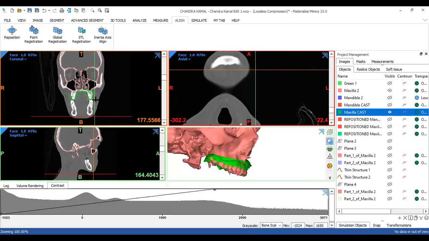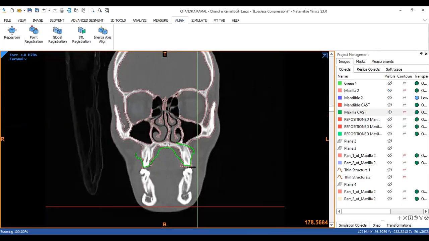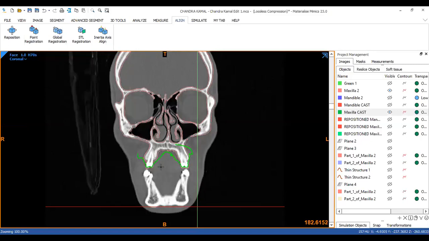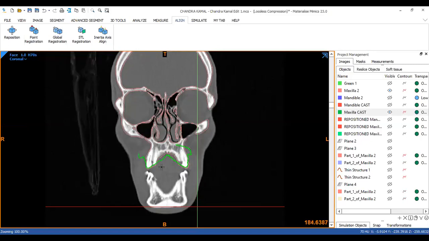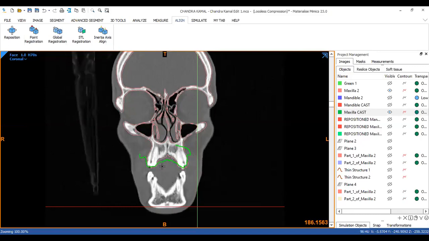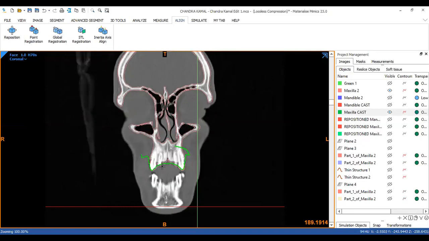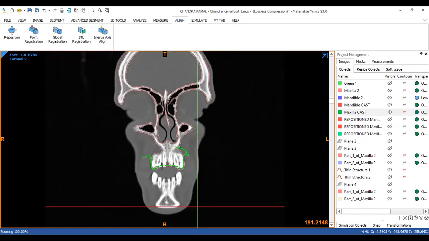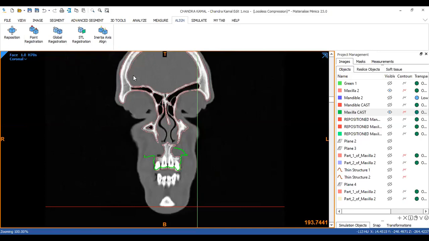If you can see, it's exactly taking the tooth borders. Almost there. But here, if you see, my tooth is going slightly below and my cast is slightly higher up. Let me zoom in again on this. So my tooth is slightly below and my scan is going higher up.